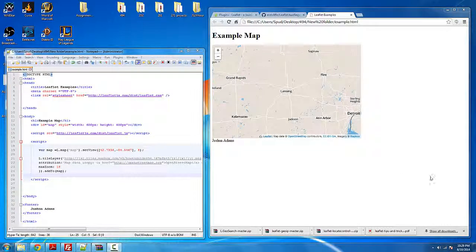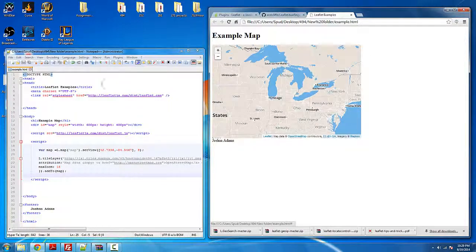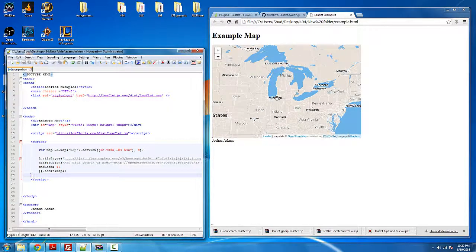Right now we're going to do our last tutorial on Leaflet. Right here we have our example map we created. Right now it's just got our zoom in on Lansing, Michigan. Here's our code that we've done together. What we're going to do is talk about how you can make your Leaflet map a lot cooler and interactive